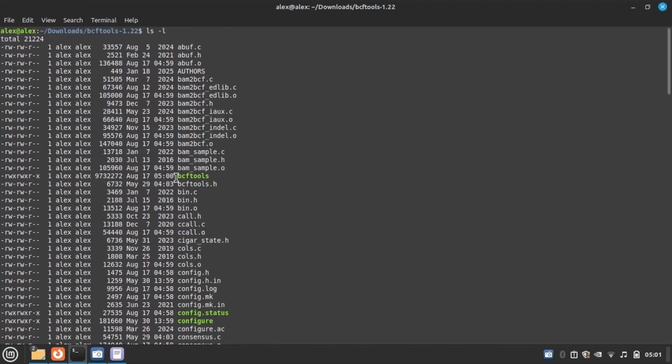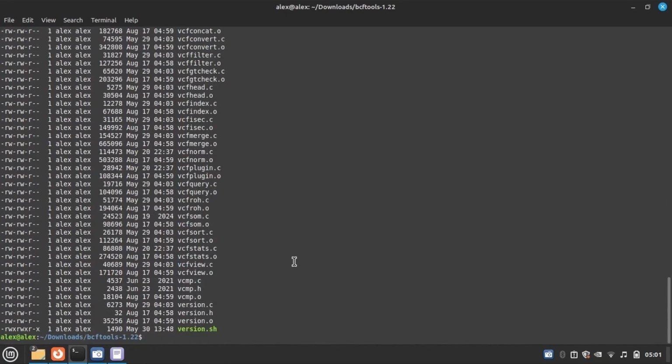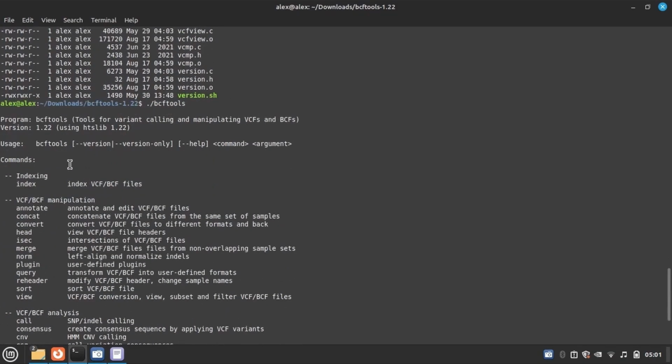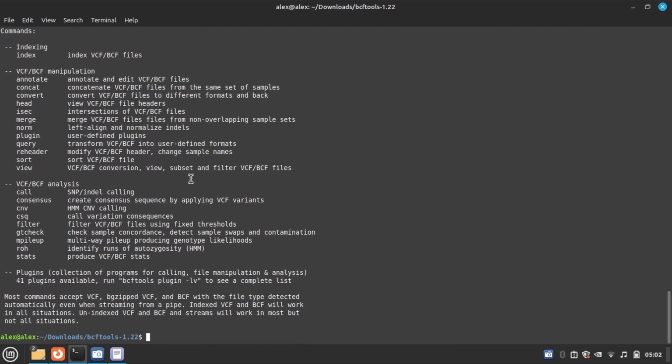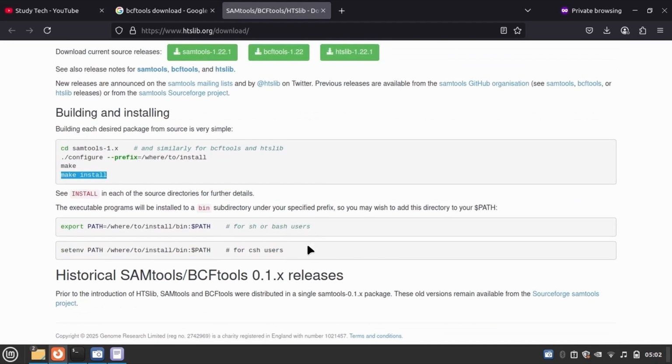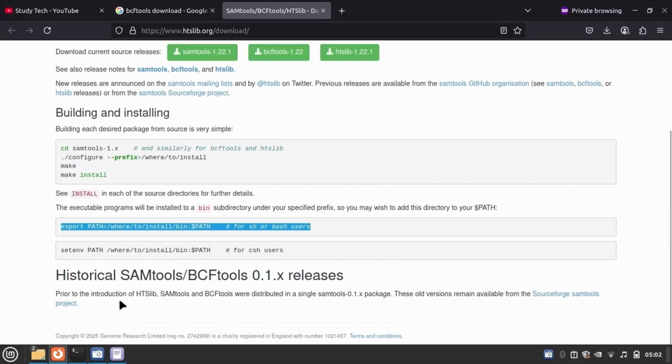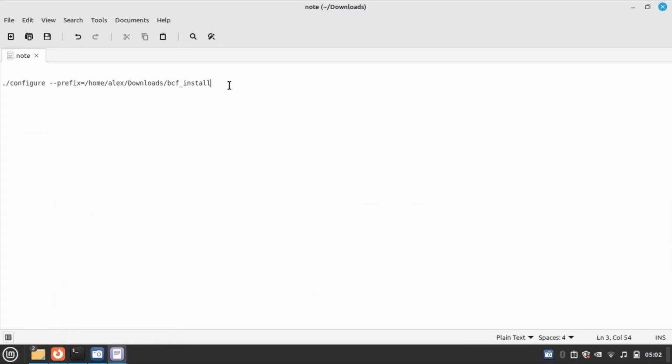So you can see the BCF tool in green color. Let's check it. So it is the usage of the BCF tool. So you also can export this path to use this tool throughout the system. So for that just paste it